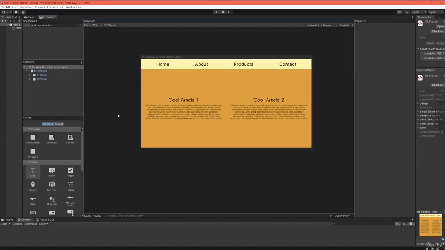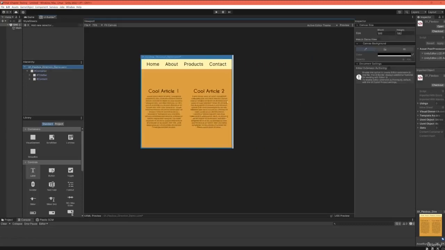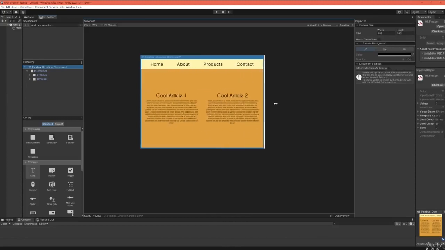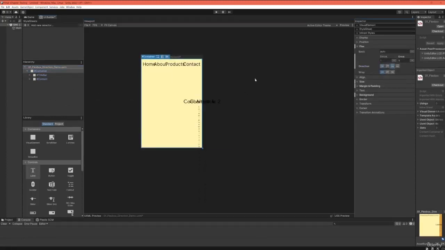separate UXML files. But you could also set up some kind of media queries, if you know this from the web world, which would only mean that in your C# code, in our actual code, we could have something that detects the width of our screen, and based on that width, once we pass a certain width, we would then change the flex direction of our